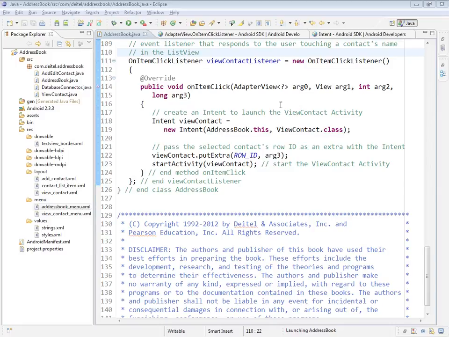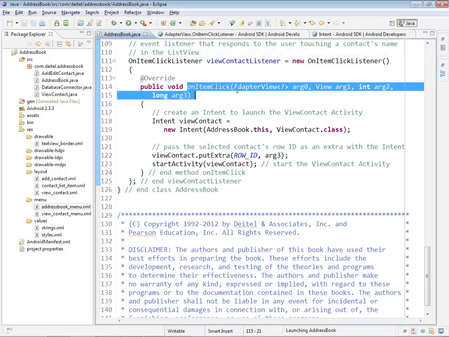The last piece we need to look at in class AddressBook is the OnItemClickListener that responds when the user touches one of the items in the AddressBook ListActivity's list view. And we call that object viewContactListener. It's a new object of an anonymous inner class that implements the OnItemClickListener interface, and that interface consists exclusively of